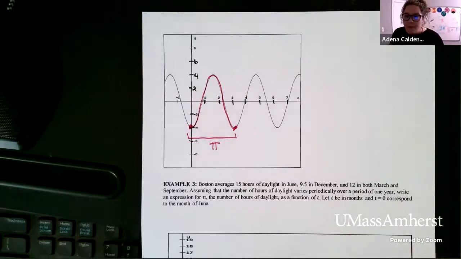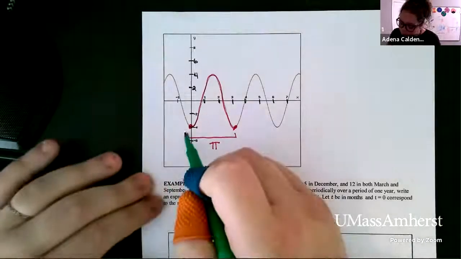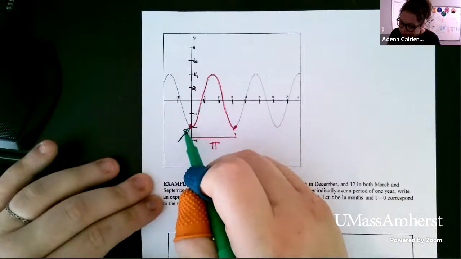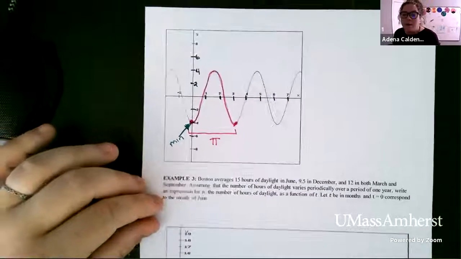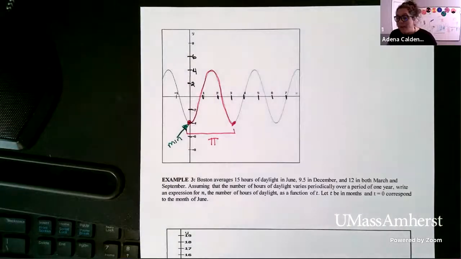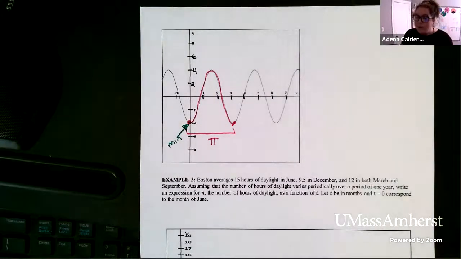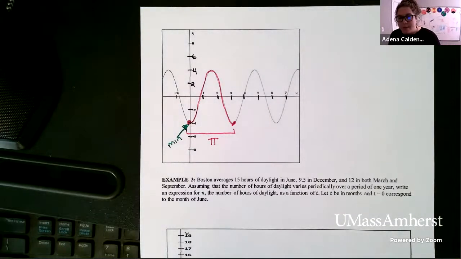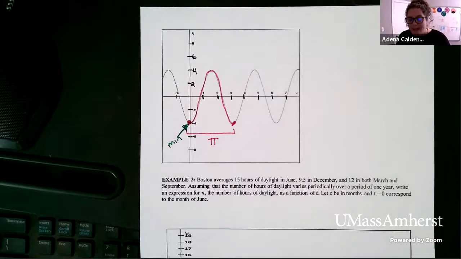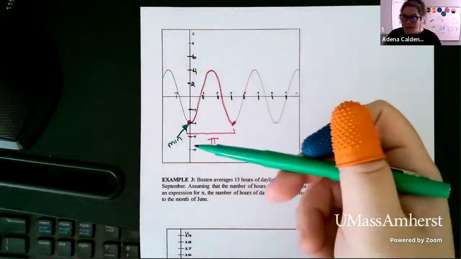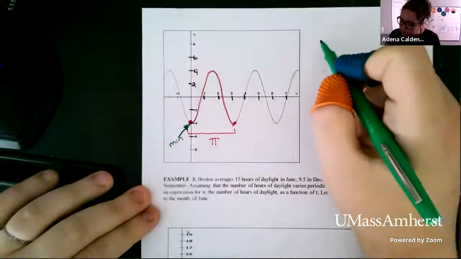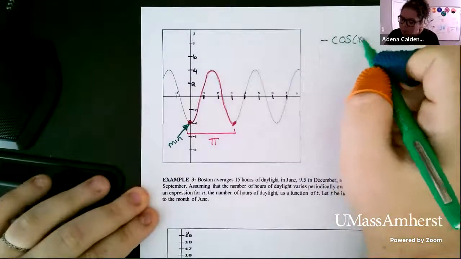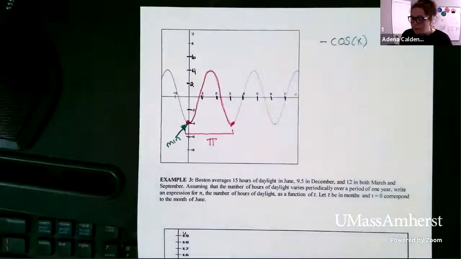All right, let's see if we can figure out all the parts of this one. So the first thing I want to point out is that this function at 0 starts at a minimum. So again, if your function starts at a max or a min, it's cosine. And if it starts at a max, it's just plain cosine. And if it starts at a min, it's negative cosine, because that means it was rotated, right? And by multiplying by that negative, it rotates about the x-axis. So negative cosine is where we're going to start our work, right?